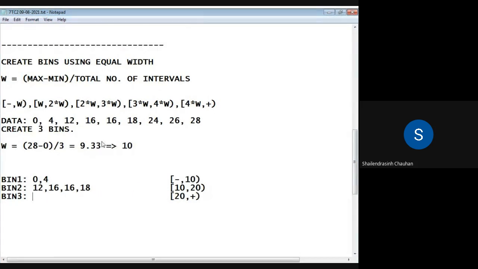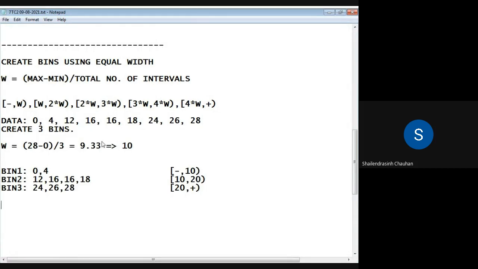And all the values greater than or equal to 20 will be inside bin 3. So 24, 26, and 28. This is how you are going to create bins using the equal width method. And now all the smoothing techniques will be the same.